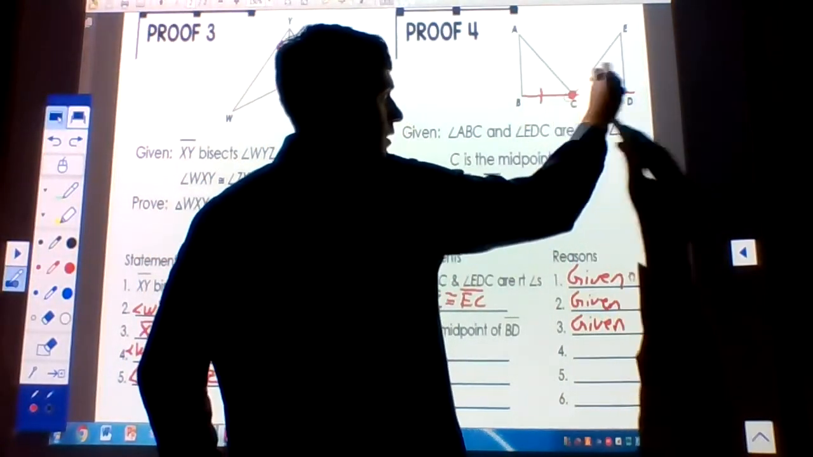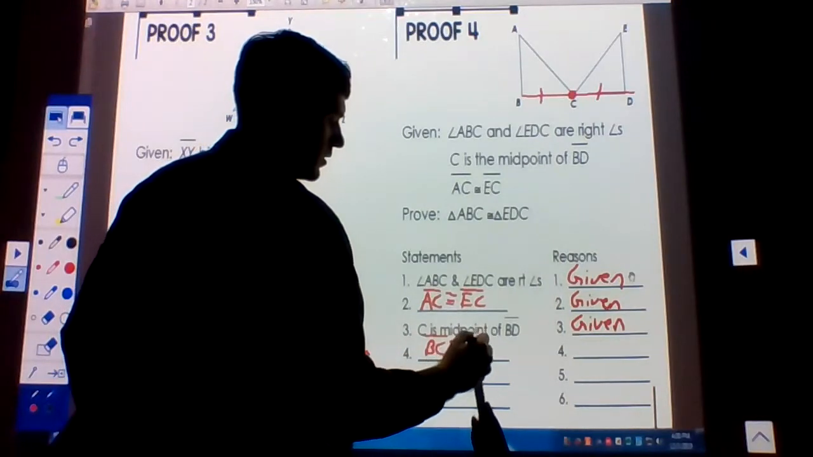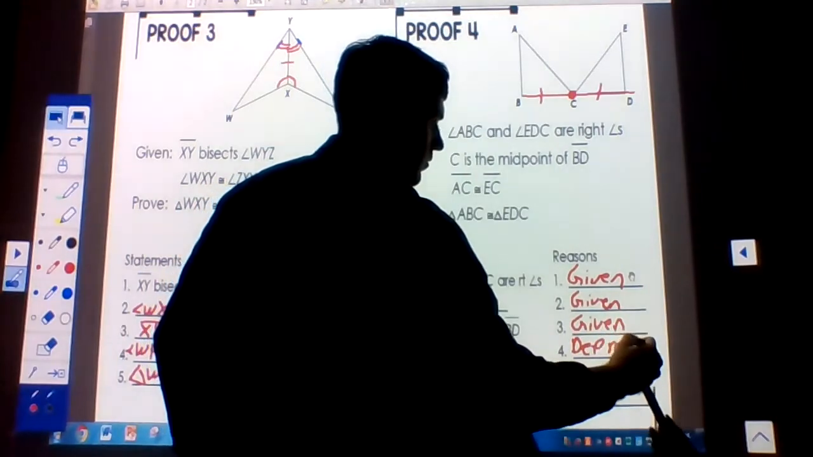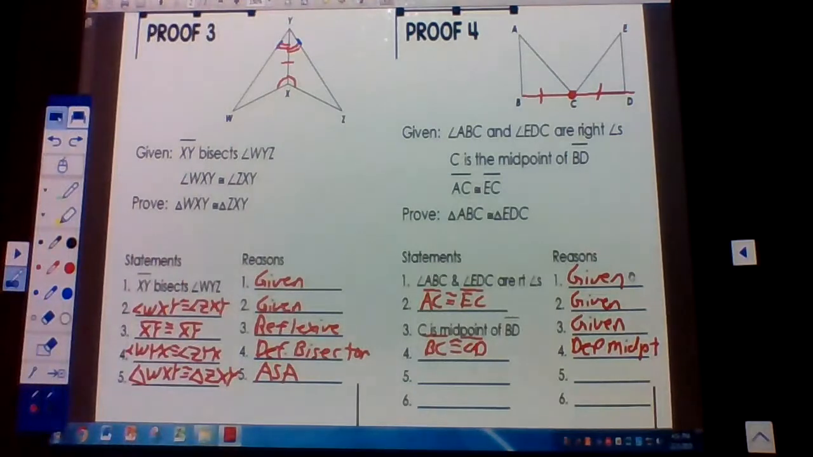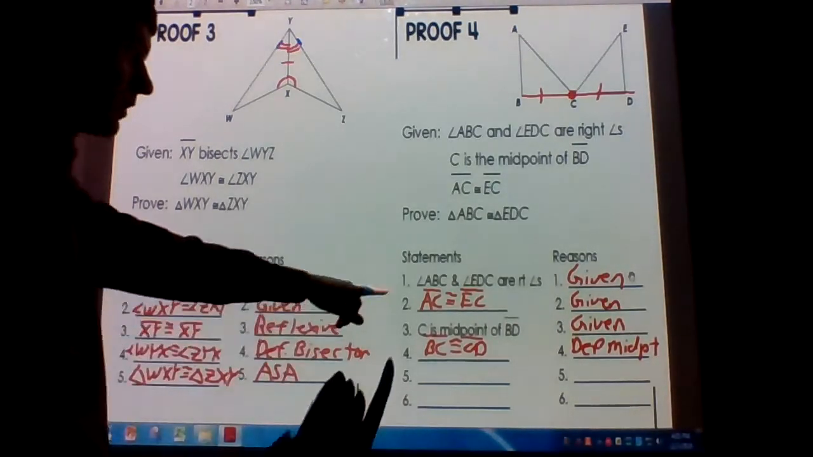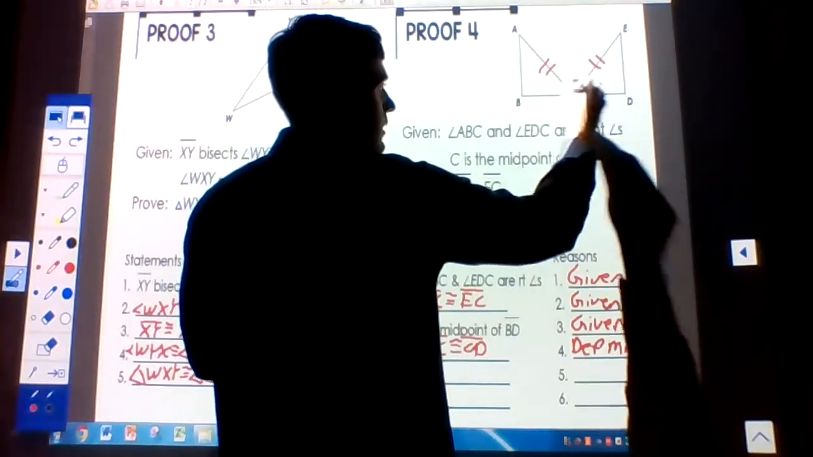So if C is the midpoint, that means BC and CD are going to be congruent. Okay, that's the definition of a midpoint. Okay, do we have a bisector? No. Do we have parallel lines? No. Do we have perpendicular lines? No. But we do have right angles. Okay. So we should have marked this too. AC was congruent to EC. Okay, and then BC and